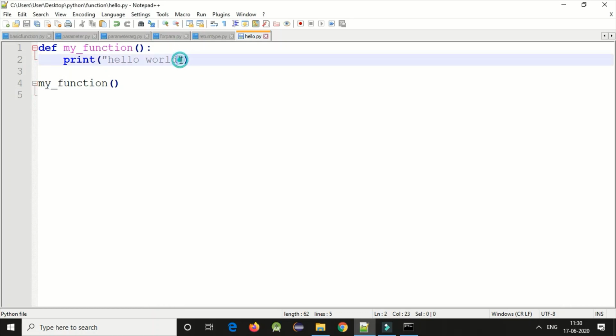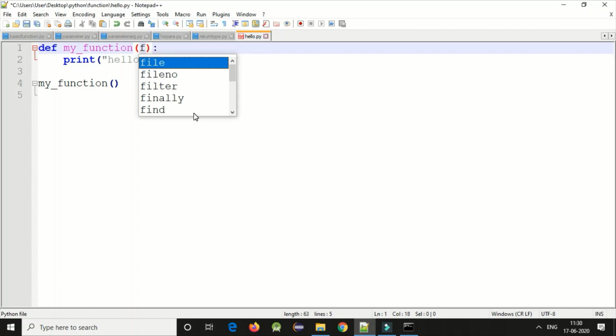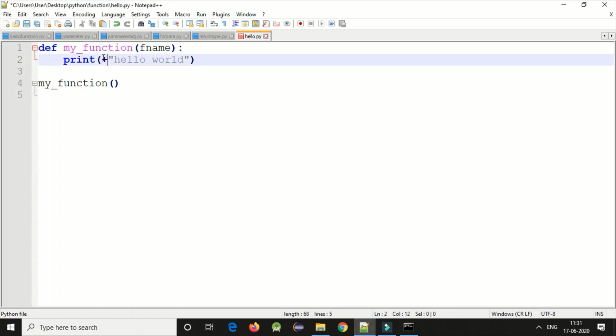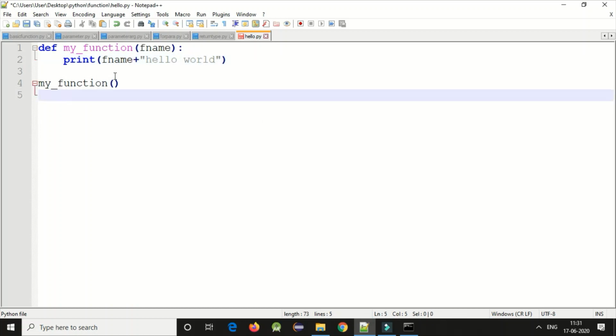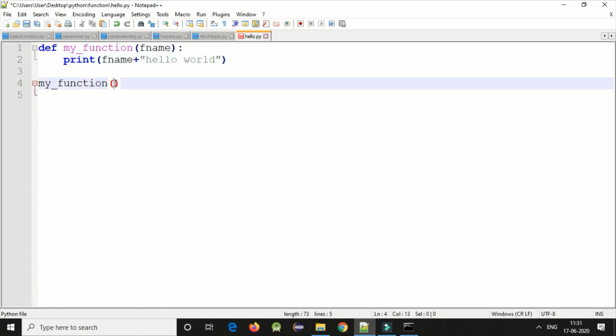Now let me check, can I pass a parameter here and the value should be displayed here? Okay, let's see that type also. So what I will do, I will pass here fname, and I'll write here add something, my variable name fname, and I'll pass some value.